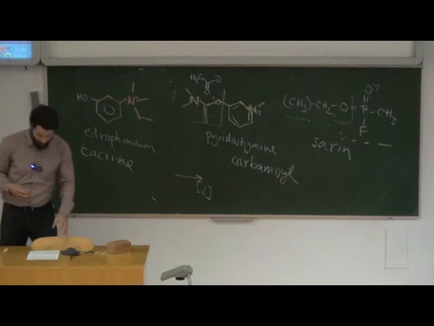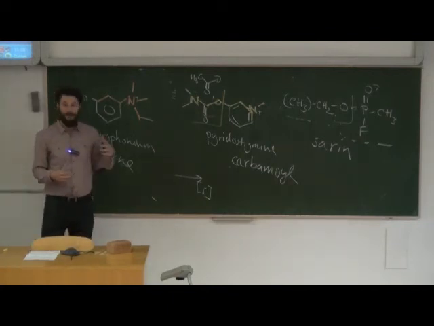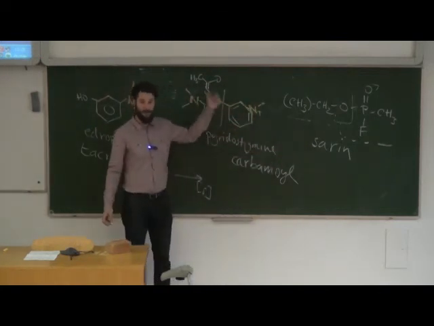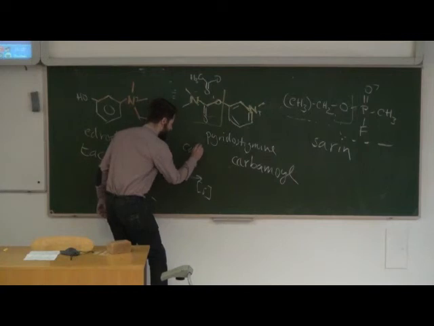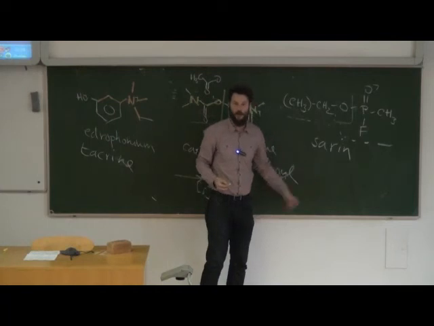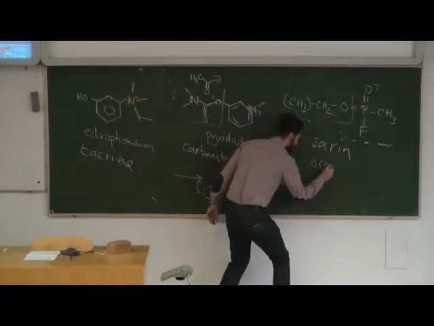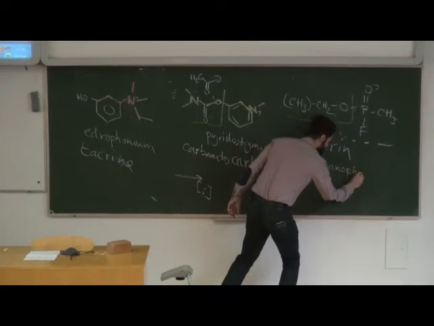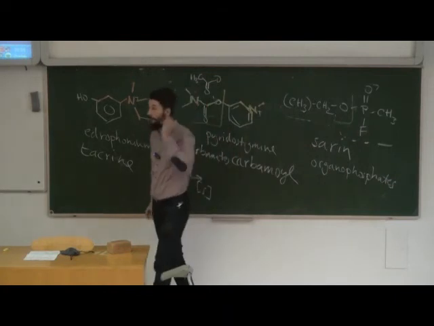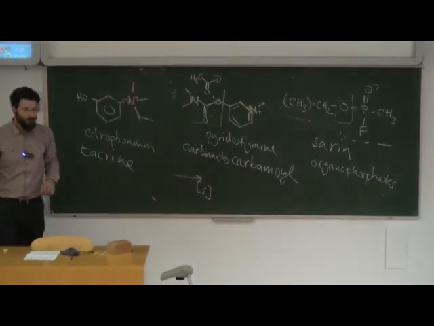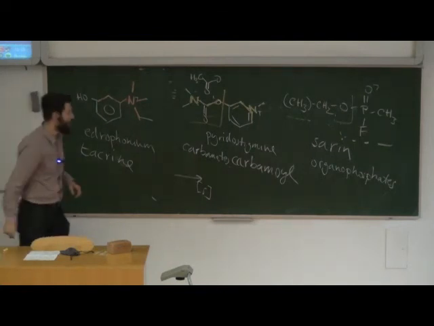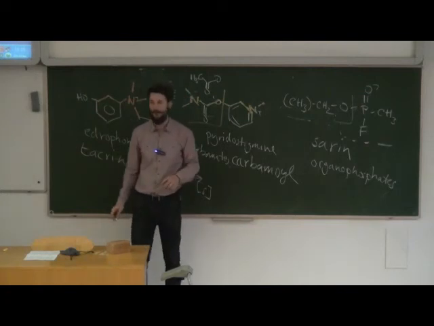Right, so this is sarin, and it's also an acetylcholine esterase inhibitor. This group of inhibitors, so if these are carbamates, because they're based on carbamic acid, these are called organophosphates. It's completely synthetic, yeah. And they started using it as weapons after that? Absolutely. These were synthesized as weapons.